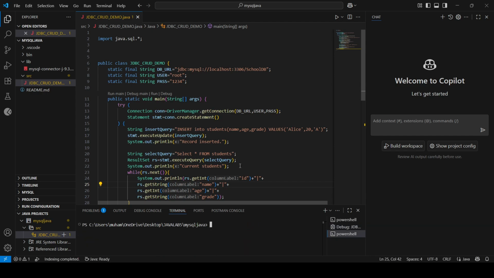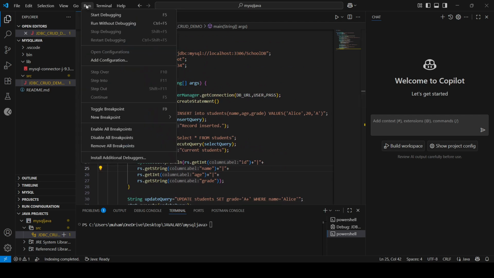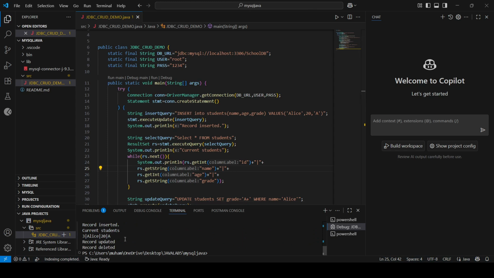Now let's look at the output of our program. First, after the insert query, the console prints a confirmation message: Record inserted. Next, during the read step, the program displays all students currently in the database, including Alice with her